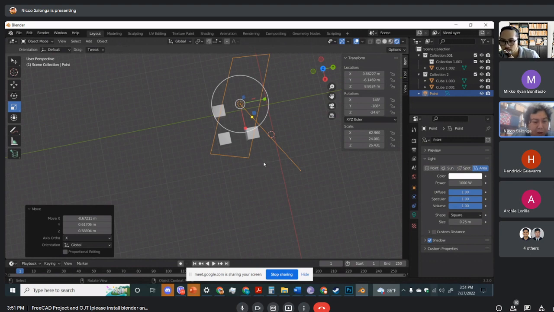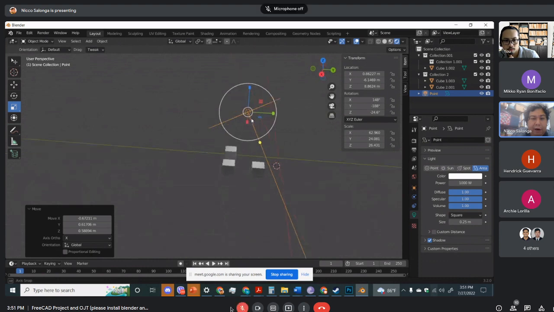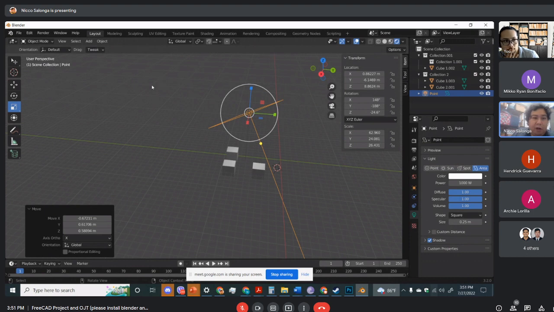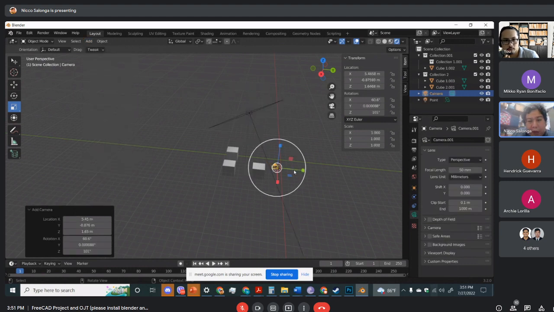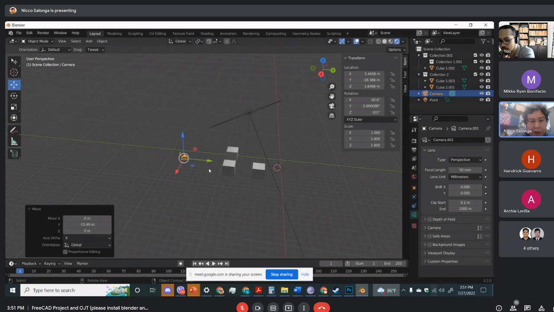Now, cameras. What are cameras? That's the place where you'll see the view from when you take a picture or a movie or something. So, you can also add cameras from here. It puts a camera where the cursor is. You can position the camera. When you see the settings here,